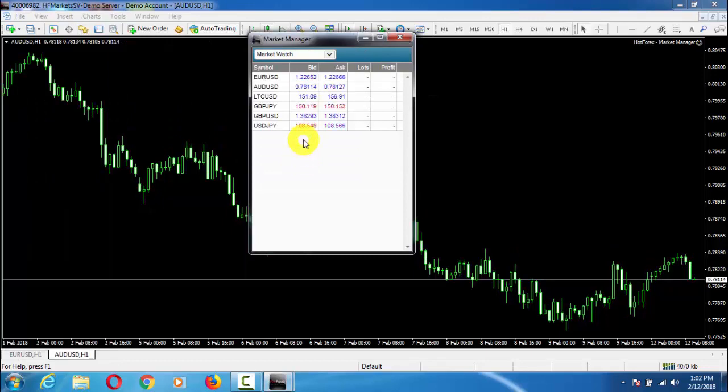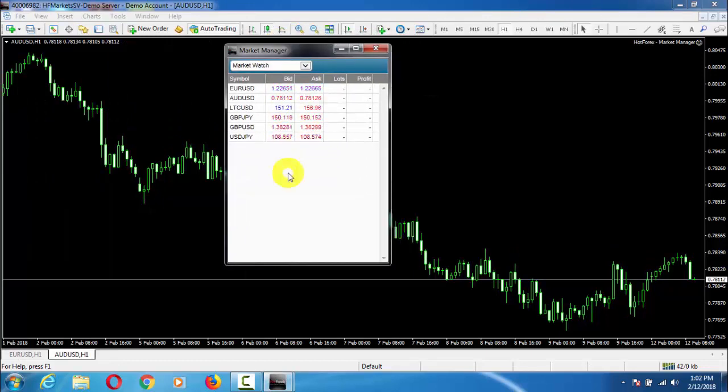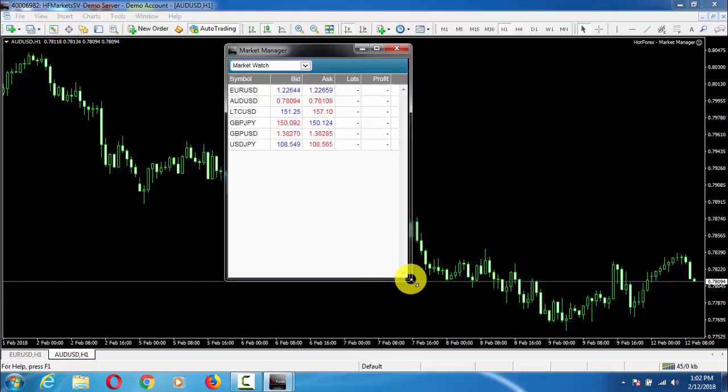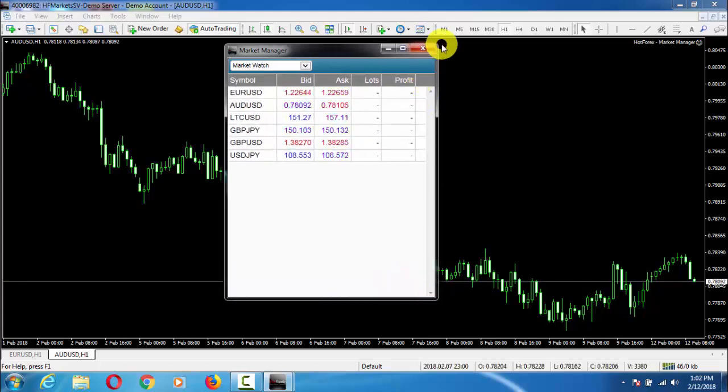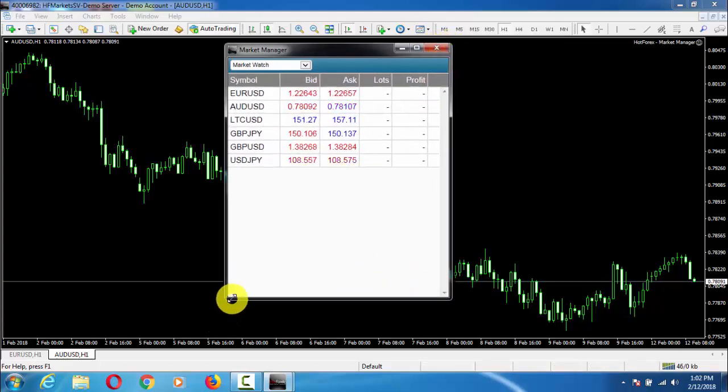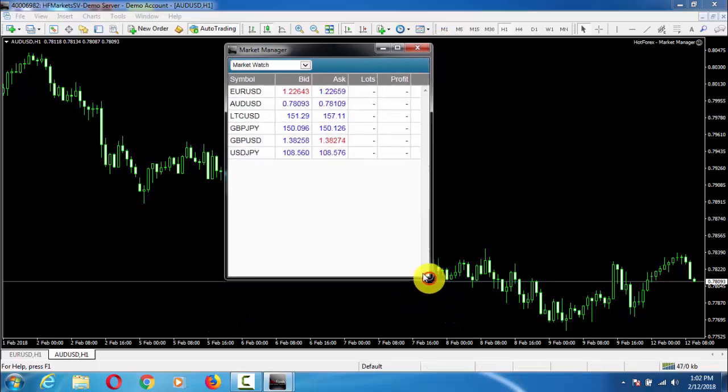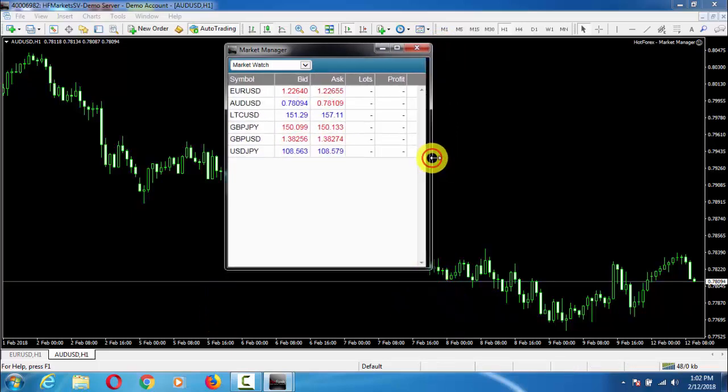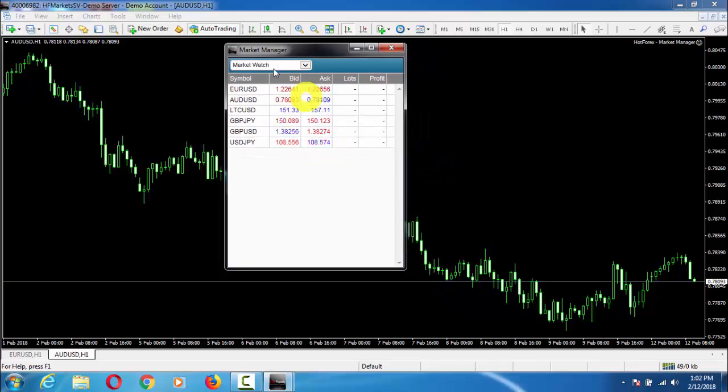This is the first outlook of Market Manager. Now you can place your Market Manager anywhere on your chart. You can make it smaller or bigger just by dragging the corners of the app, and you can modify it from here.